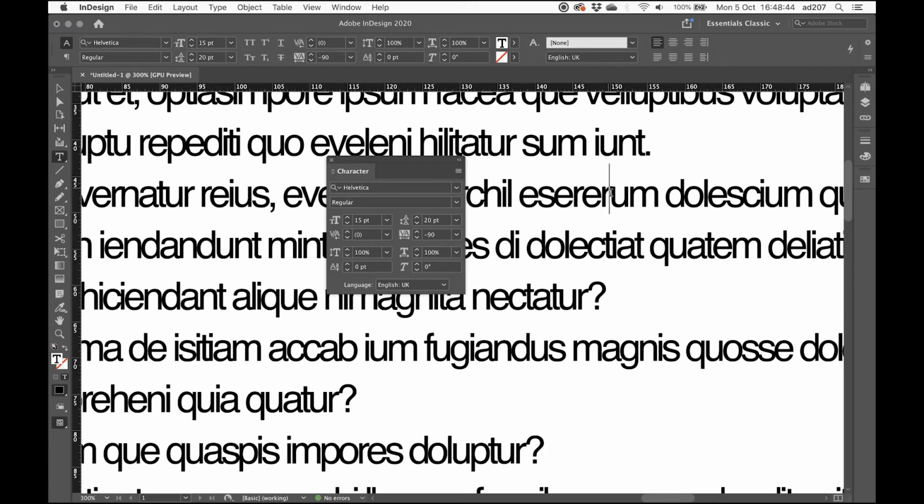If we want to change just the space in between this R and this U, we need to put the cursor there, yeah. And as you can see here, we've got another version which is called Kerning, and you can see it's giving it to you in the little icon there. It's a V with a cursor in between it and then an A. So if I start to click on this, then this will just spread out those two letters. Okay, and if you wanted to bring something in, maybe we'll go to this U and M, we want to just be whatever, we can squash the M over that part of the U like that. Okay, so